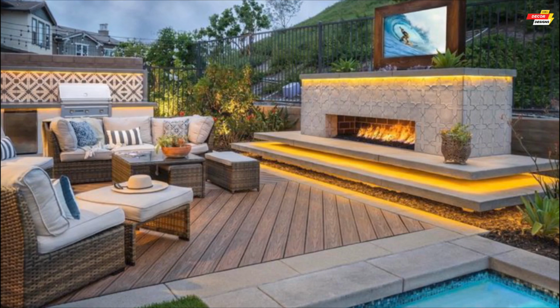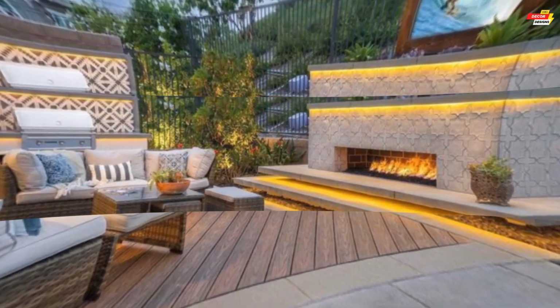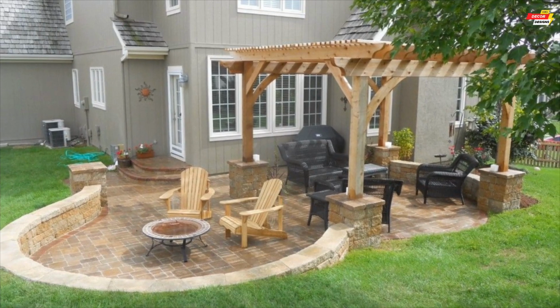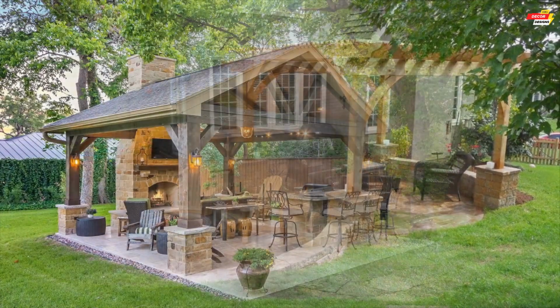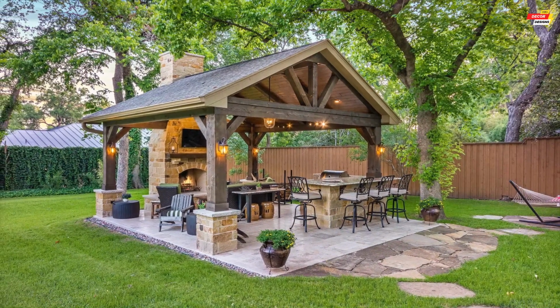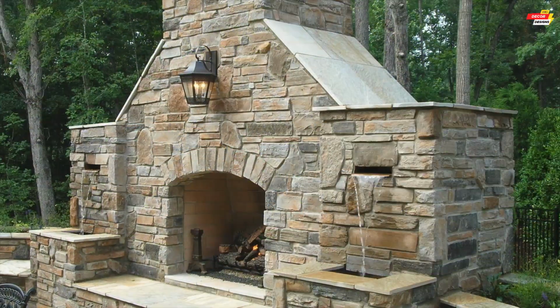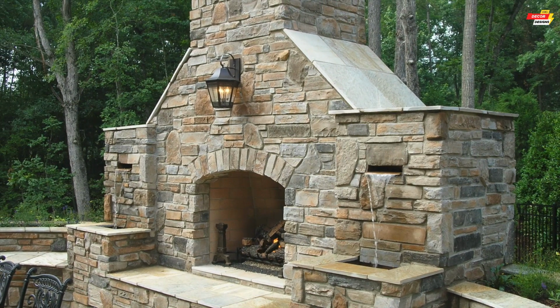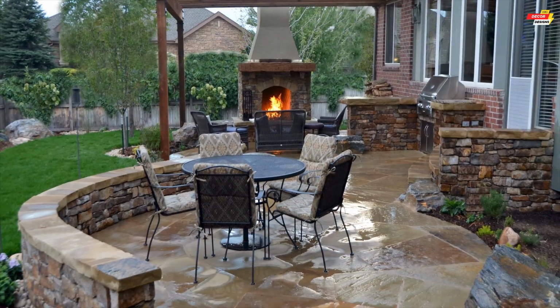your patio style. As you can see, a small patio doesn't mean you have to sacrifice the warmth and beauty of an outdoor fireplace. With careful planning and the right design choices, you can transform even the most compact outdoor space into a cozy, inviting oasis. Whether you opt for a sleek modern design or a rustic stone structure, an outdoor fireplace will undoubtedly elevate your